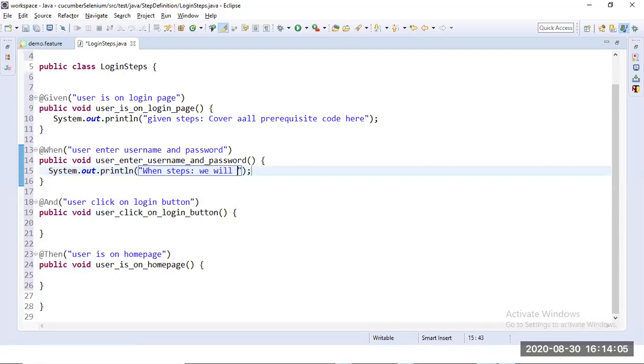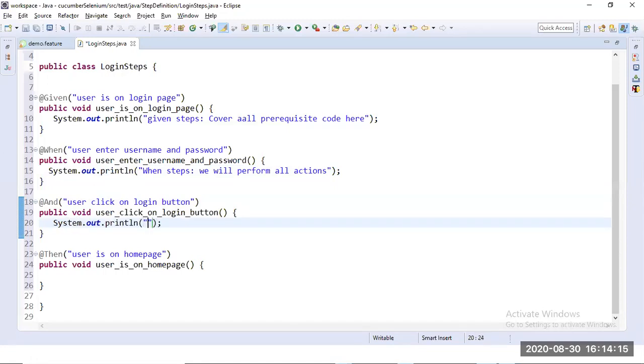So within the when steps we will perform all actions. Inside the and steps we will perform the given action, whatever action we mention.